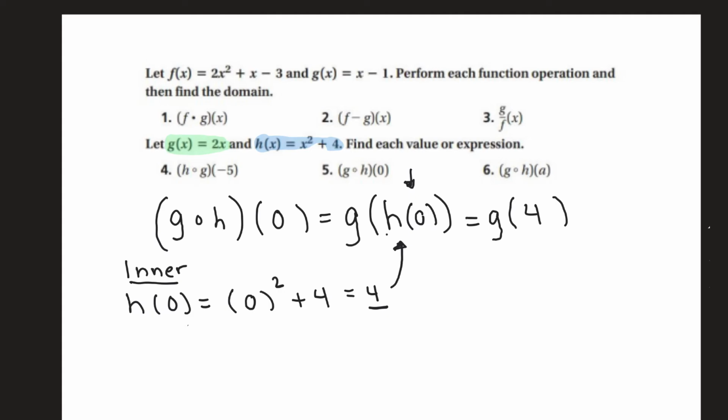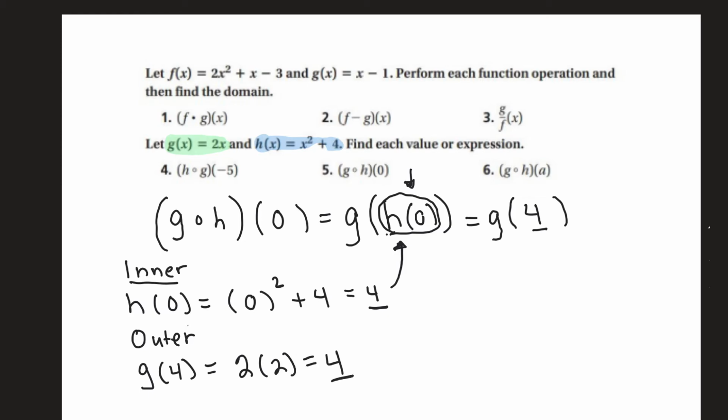So now I'm going to use function g to come up with the output when it's 4. Remember, how did I get 4? I figured out first the inner function, which is h of 0. Now I'm going to figure out what comes out of the outer. So I have g of 4. You look at function g, and you have 2 times 2, and that gives you